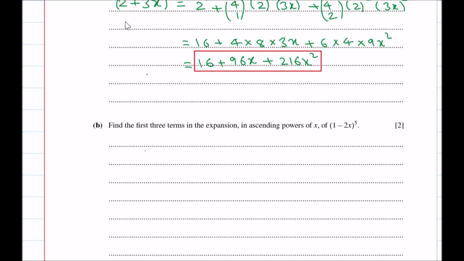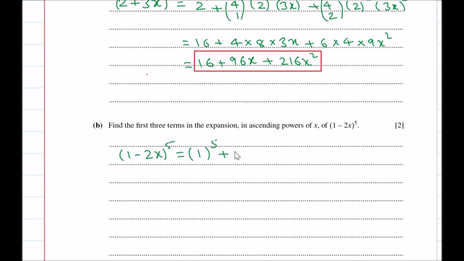So let us write now (1 - 2x) to the power 5. Here the n value is 5, easily you can see. Now what is the first term? The first term is 1 and the second term is minus 2x in this binomial. So first term right here and the power becomes 5,